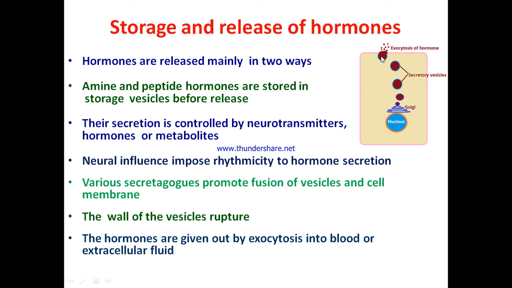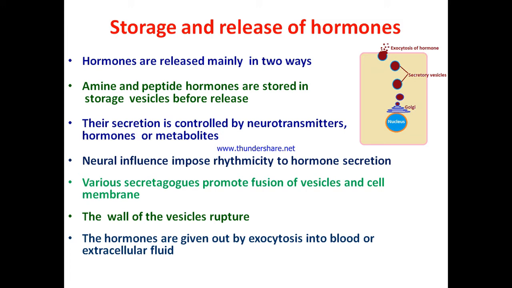So the vesicles come to the cell membrane when they need to be released. This is controlled by various secretagogues, various factors controlling the secretion. As a result, the vesicle will fuse with the cell membrane and the wall of the vesicle ruptures, exocytosis will happen, and hormones will be released either to the interstitial space